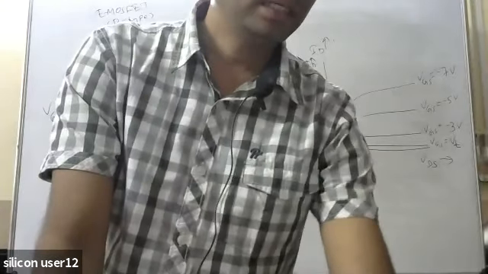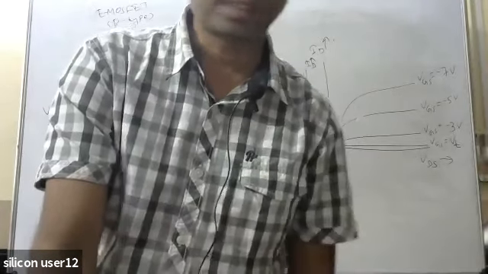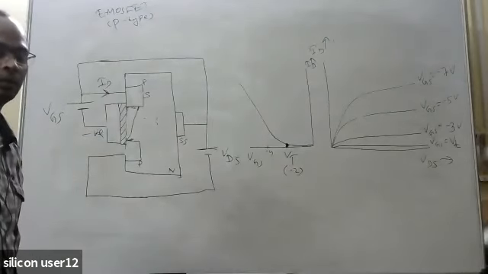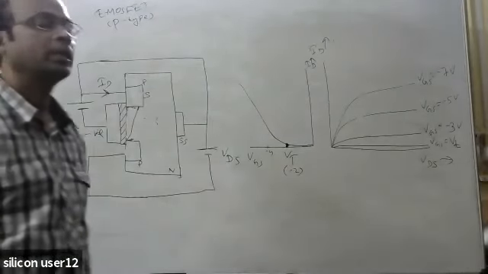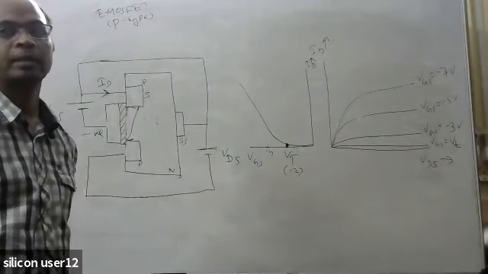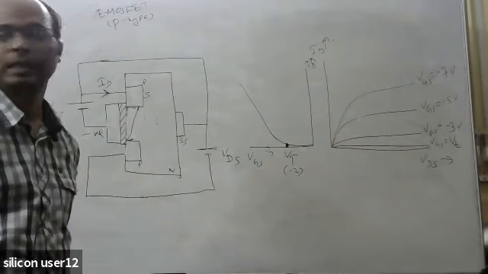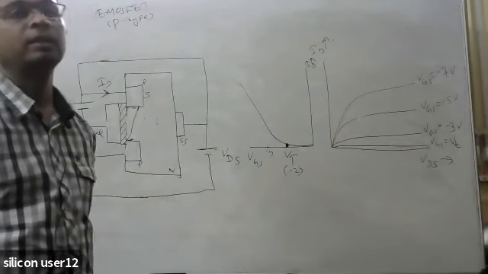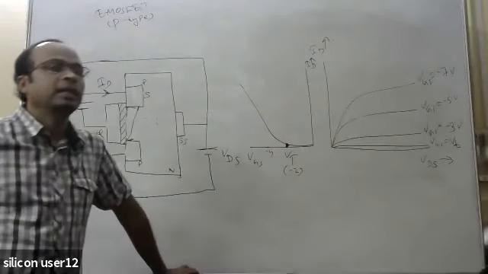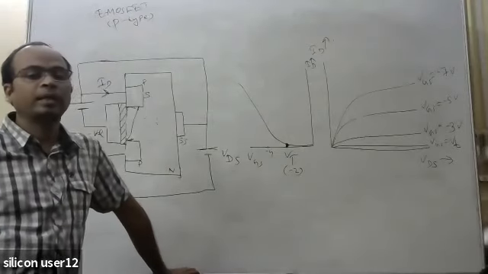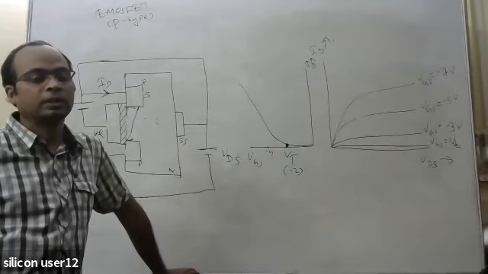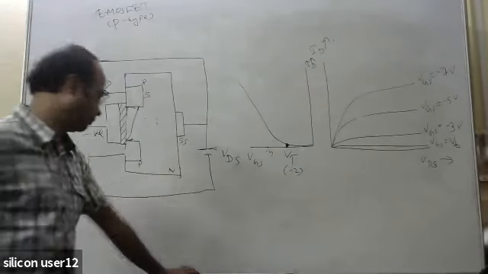Now we'll see complementary MOSFET, or it is called the CMOS technology. Till this point we have studied about the JFET, then depletion type MOSFET, then enhancement type MOSFET. Basically, in all the electronic devices which you are looking at, nowadays we are using the complementary MOSFET technology, or CMOS technology. So we'll see about that CMOSFET.